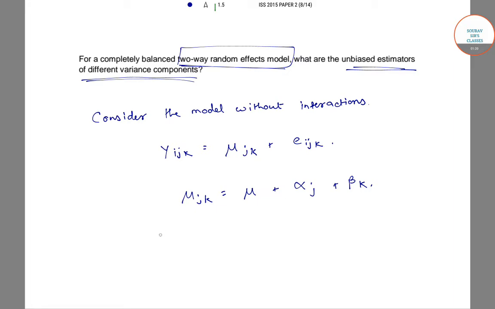So from here we will get Yijk equals mu plus alpha j plus beta k plus Eijk,